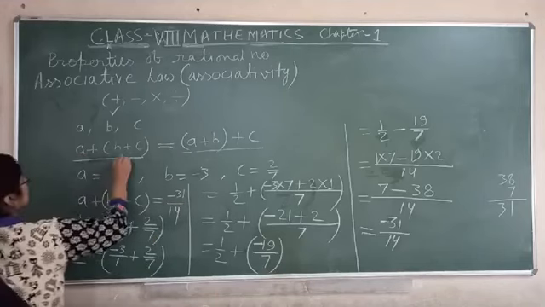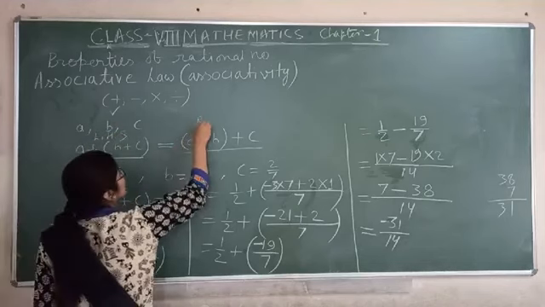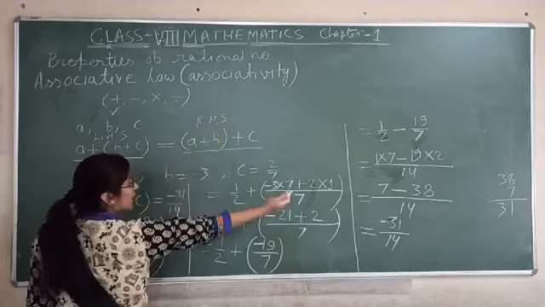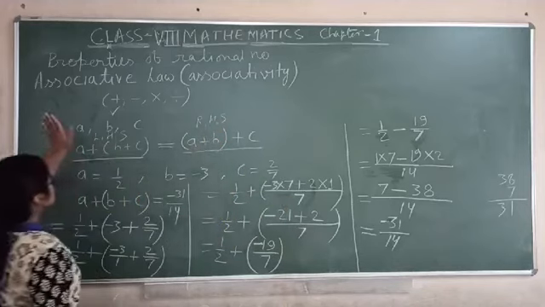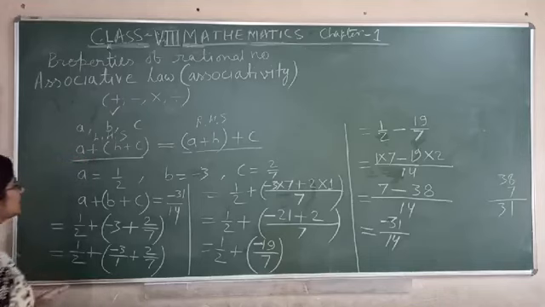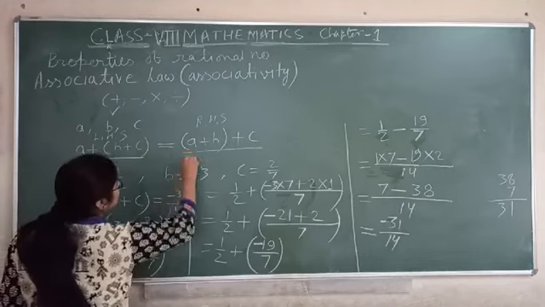Okay. In case of, this is your left hand side and this is your right hand side. जो दाहिने हाथ की साइड होगा, जो आपके राइट हैंड की साइड होगा, दैट्स राइट हैंड साइड. जो लेफ्ट की साइड होगा, दैट्स लेफ्ट हैंड साइड. So when you calculate this one, you are getting 31 upon 14. Now check for this one.